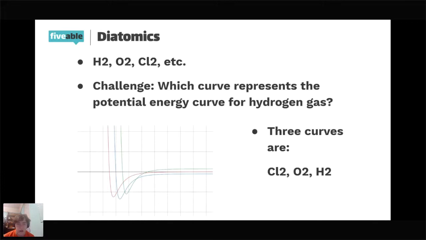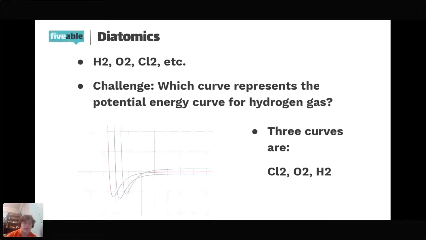No, green is chlorine gas. And it's also wrong. That green curve should never cross the vertical axis again. That's my bad. But the answer is red. And the reason why is because